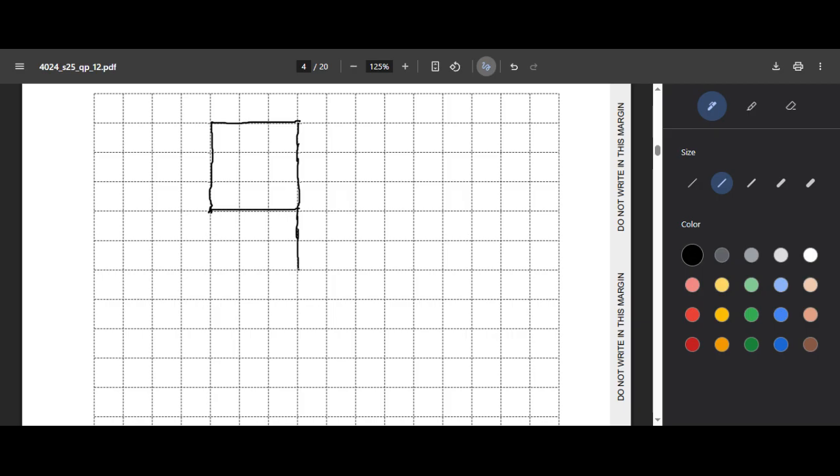This is the face at the base, the bottom face as we call it. So there is another face. This is the face of the base, and this is the face towards the right side. 1 2 3. This is the face. And this is another face towards the right side, that is left side, and this is right side. So how many faces are these? 4 faces. 1 2 3 4.